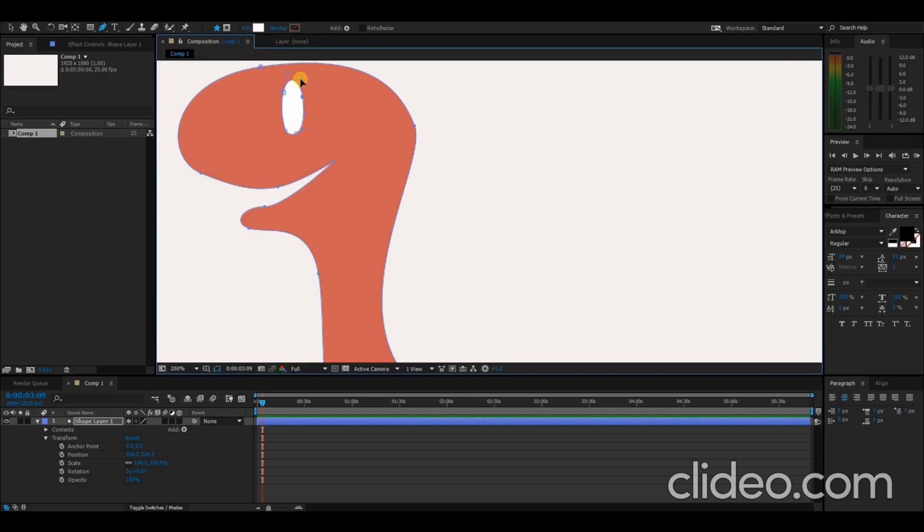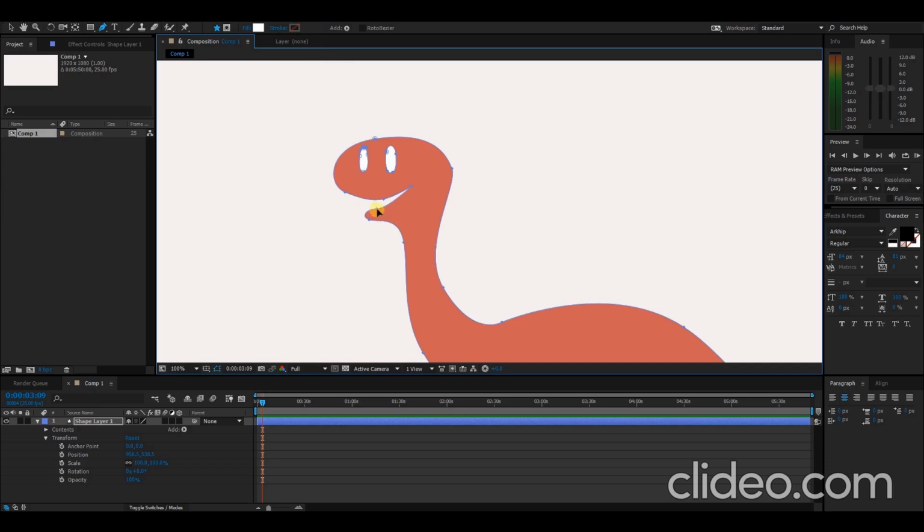So what I'm doing here is I'm drawing eyes just so it looks more alive. Okay, so I created the eyes. As I said before, you can always go back and fix something if you're not happy. Like for example, the mouth here, I wasn't happy, so I made it more clearer,